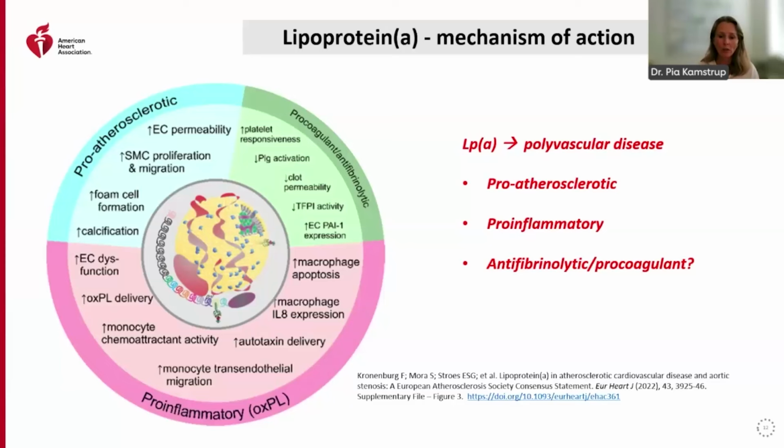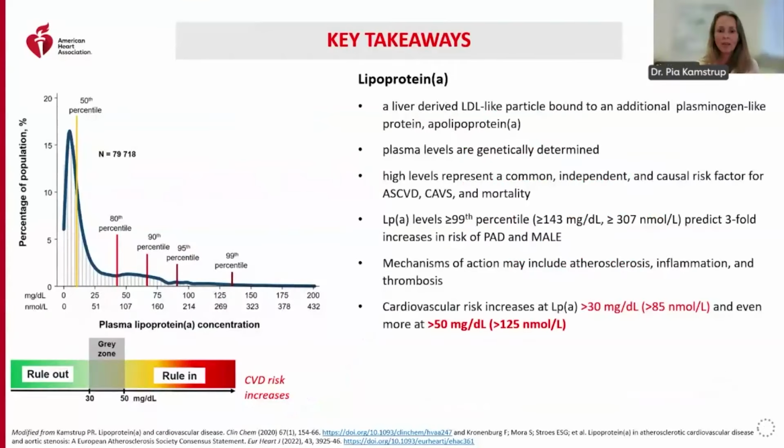Notably, though, the amount of plasma cholesterol carried by Lp(a) particles is usually much surpassed by that carried by LDL particles, indicating that particular properties of apolipoprotein(a) likely contribute to the strong pathophysiology of the particle. Key takeaways from the present presentation include that lipoprotein(a) is a liver-derived LDL-like particle bound to an additional plasminogen-like protein, apolipoprotein(a), that plasma levels are genetically determined, and that high levels represent a common, independent, and causal risk factor for ASCVD, calcific aortic valve stenosis, and mortality,